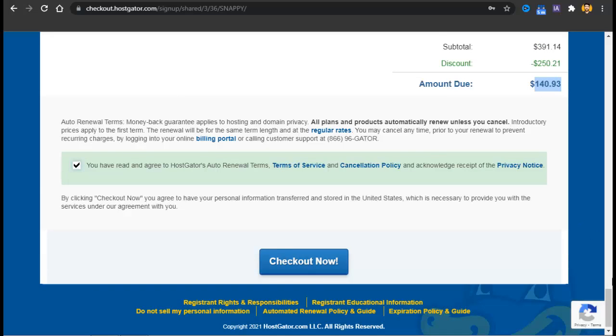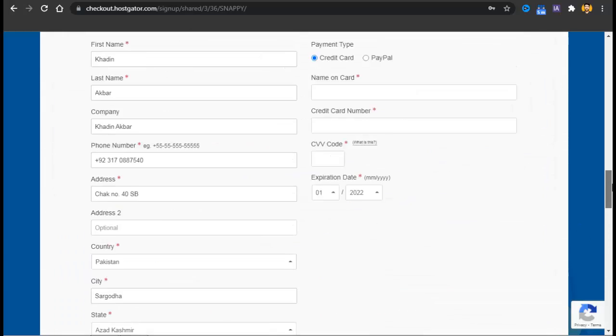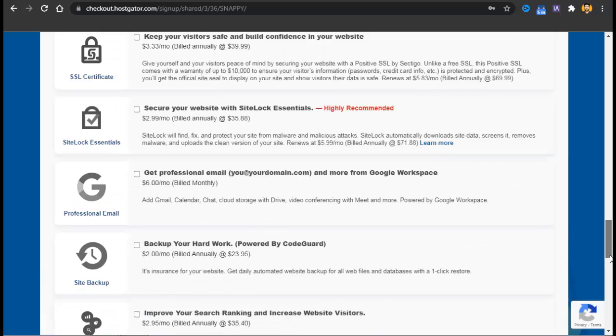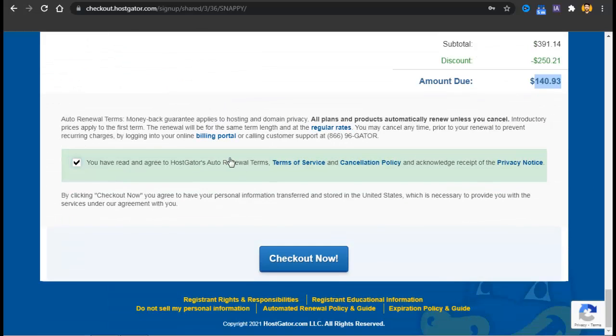I will not go to checkout because I have already bought the hosting, and I just don't want to buy it again because it's not my need. And you will have to enter your payment details and website name, etc. And you just have to skip most of the steps, and select WordPress as the default CMS and install it.